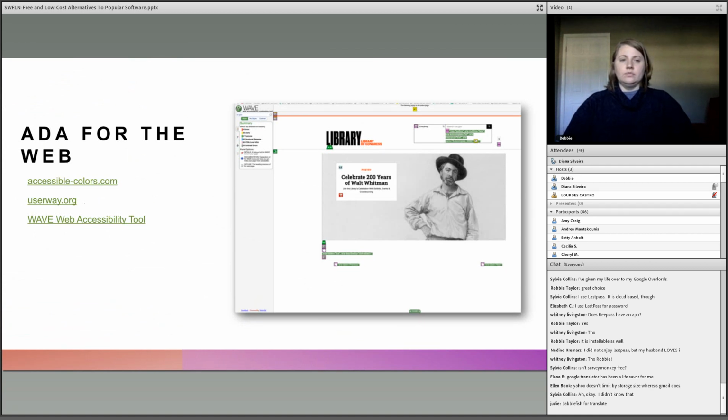And lastly, for productivity, I wanted to mention ADA resources. As librarians, we're always trying to make sure our resources, this isn't the last one, I have a couple more, but we want to make sure our websites and our documents are ADA compliant, and our posters and everything else within our libraries. So accessible colors will tell you if the contrast in your posters, in your website, in your digital marketing is enough. What that means is, for example, in this picture,